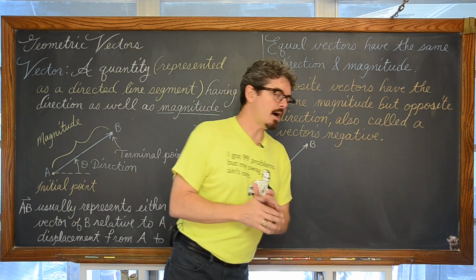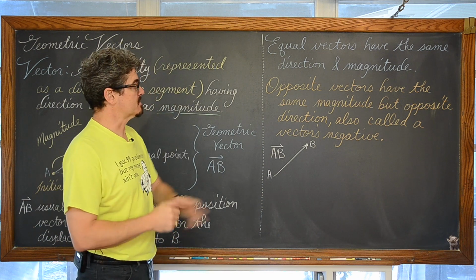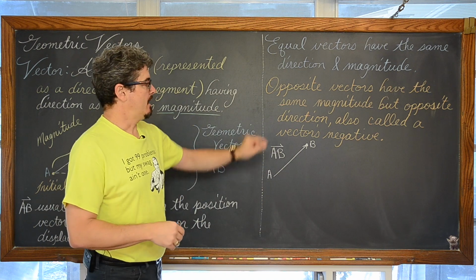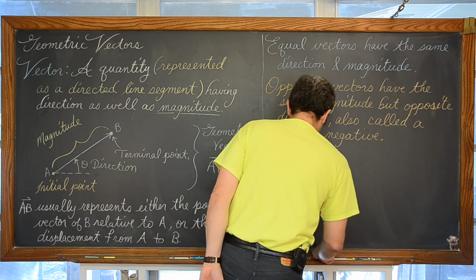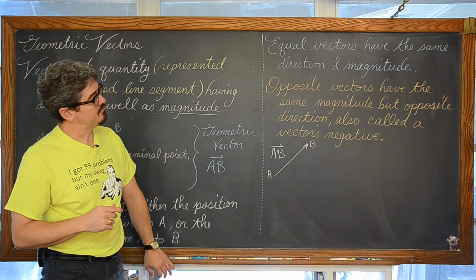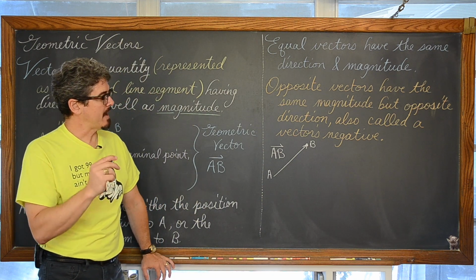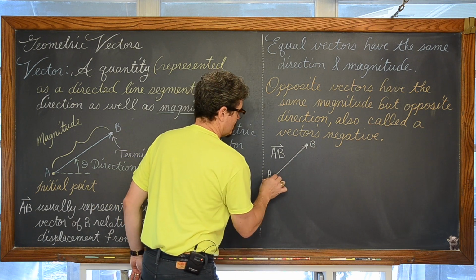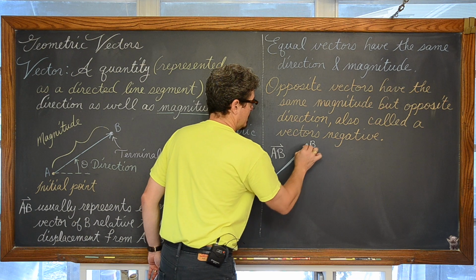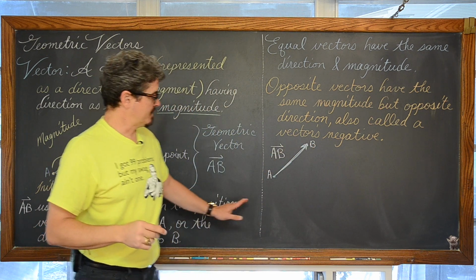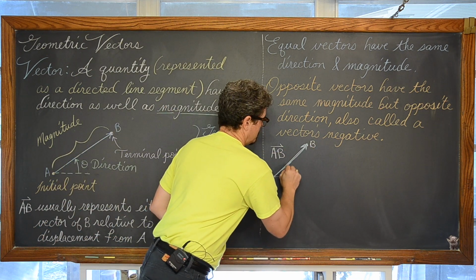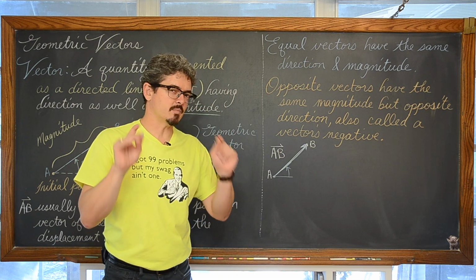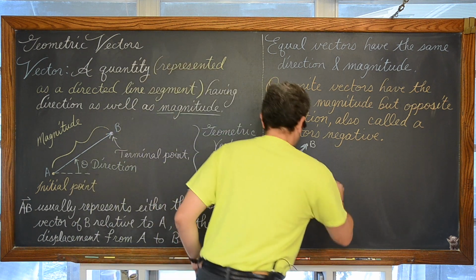Those are called opposite vectors, or maybe negative vectors. So again, opposite vectors have the same magnitude but opposite direction, also called a vector's negative. So in blue, like our definition here of equal vectors, they have the same direction and magnitude. So equal vectors does not mean that you have to have the exact same initial point and the same terminal point and go in the same direction, but we can draw a vector with this sort of direction and this magnitude or length,